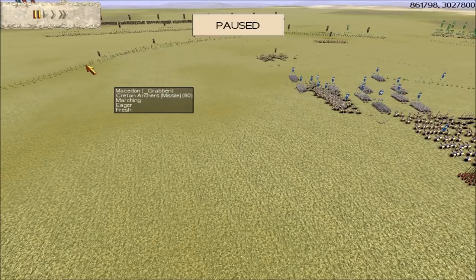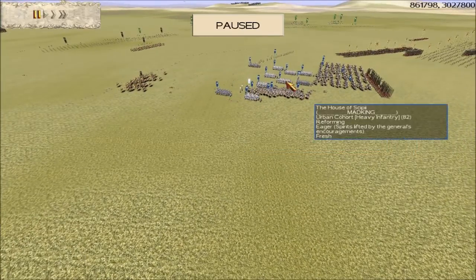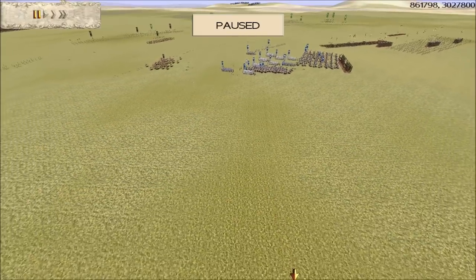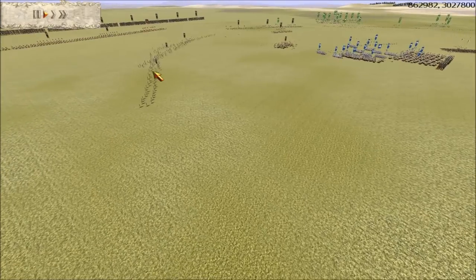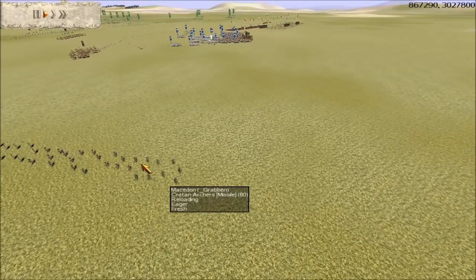Right, let's just pause the game for a second. So as you can see here, the Cretan archers are moving forward there. Now they're not going to target the Scipii infantry, because as you can see, the Scipii infantry are in testudo. But my guess is they're going to try and target the Scipii cavalry. As we know, the enemy team have got a massive cavalry advantage as it is, but if they can take